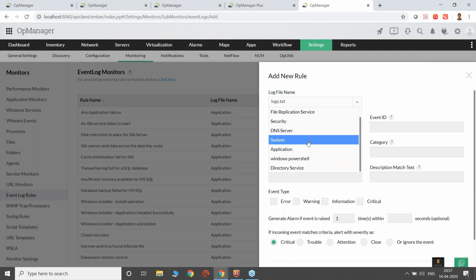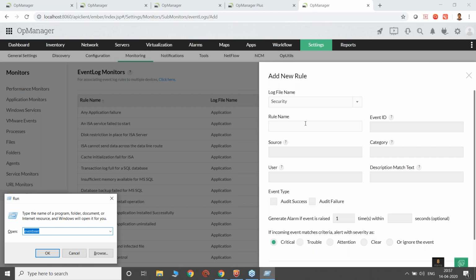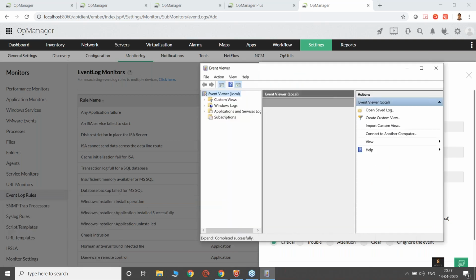So say I wanted to monitor a log from the security. Since we are all working from home, it is important to maintain security, and it is also critical to know that in case there is any security breach, we get alerted so that we can act accordingly. So you can open the Windows event logs, the event viewer,